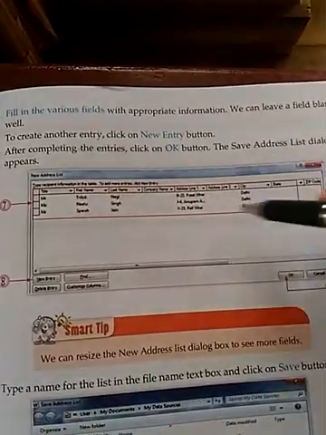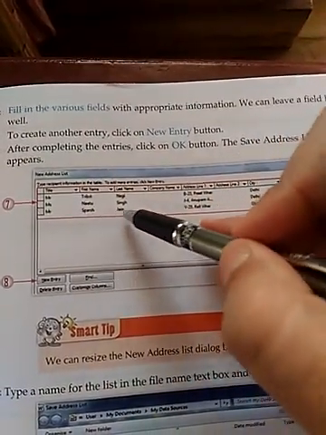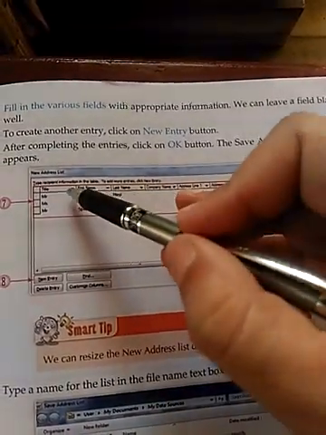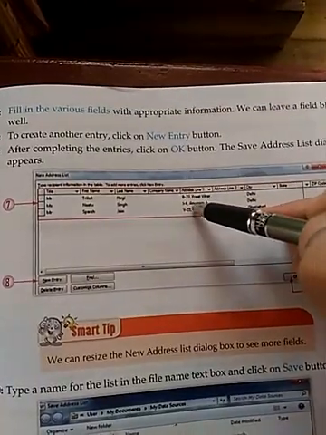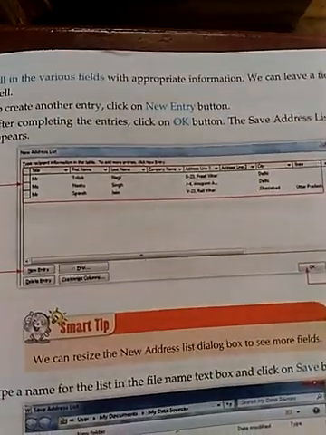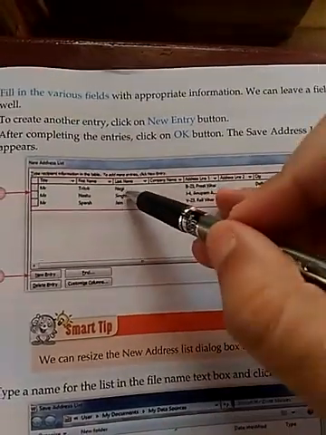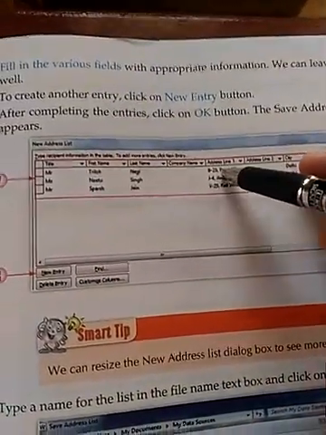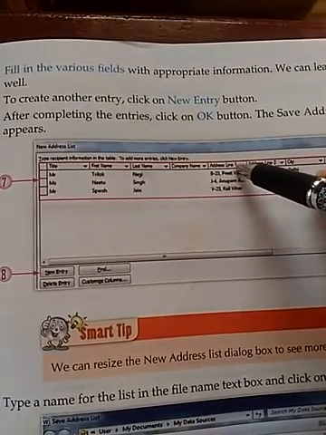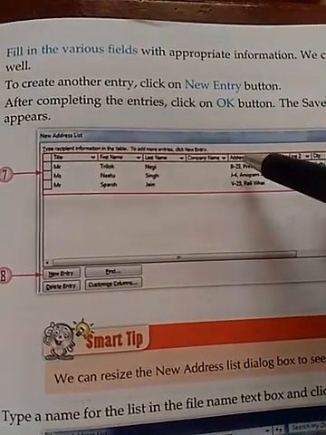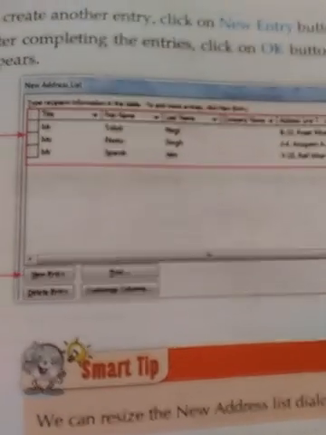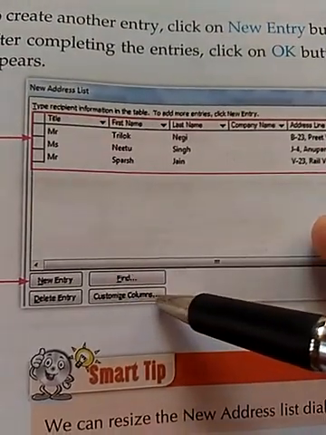This will ask you to enter the title, name, addresses, contact number, and different options are available over here. You can fill all the options or you can skip some, or you can select the fields according to your requirement. Whatever option you want to enter here, you can enter in that field. Moreover, these are some of the predefined fields which you will find in the data source, but you can create your new field also by clicking on this option, customize column.